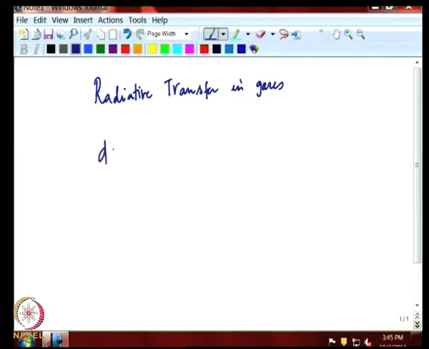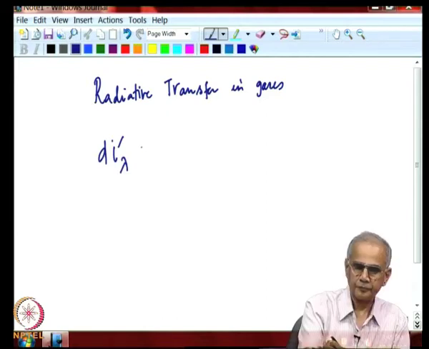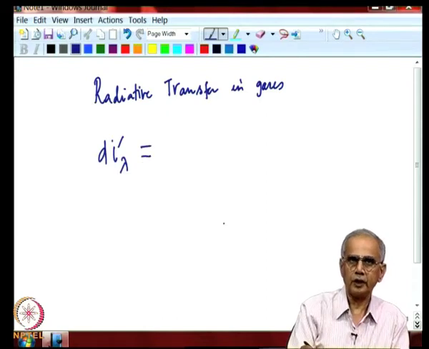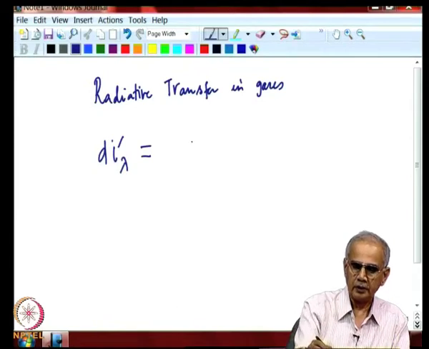The directional spectral intensity in a gas is not a constant, it changes. And we saw that a simple expression relates the change to the incoming intensity, the thickness of the layer,